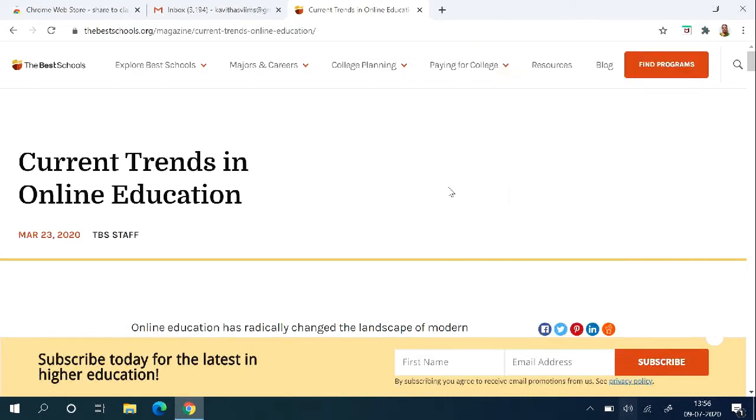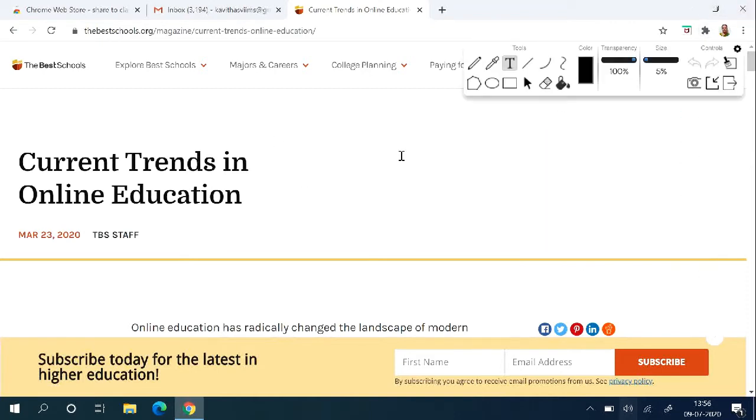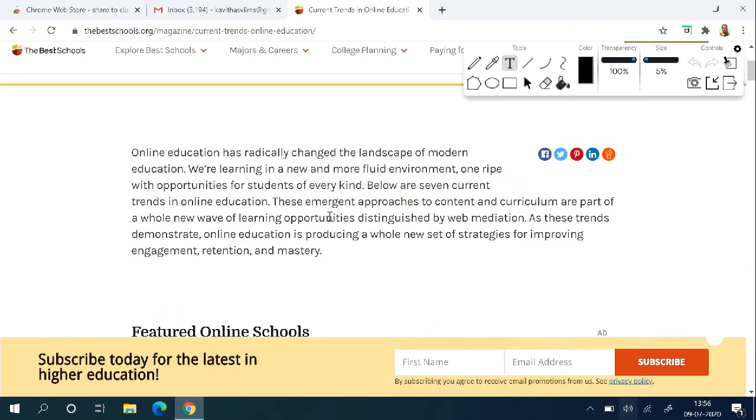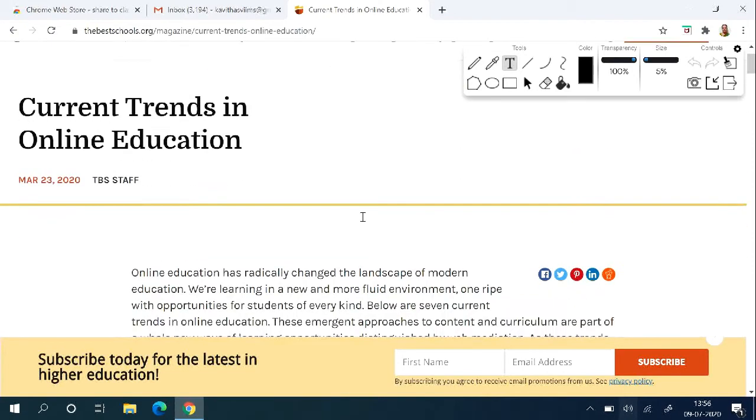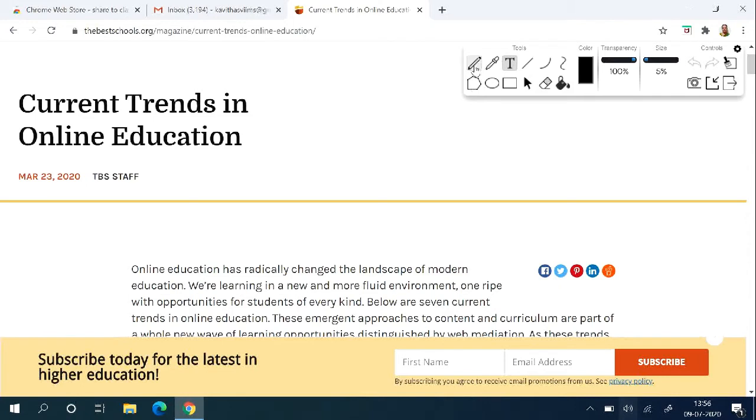The next Google Chrome extension I am going to show you is again a very interesting one, that is Web Paint. What is the use of Web Paint? Sometimes when I read something, I want to highlight it or show it to them. For that, you can use this.